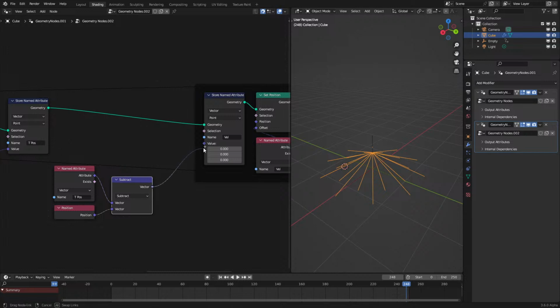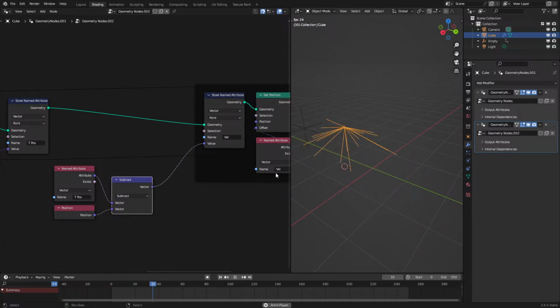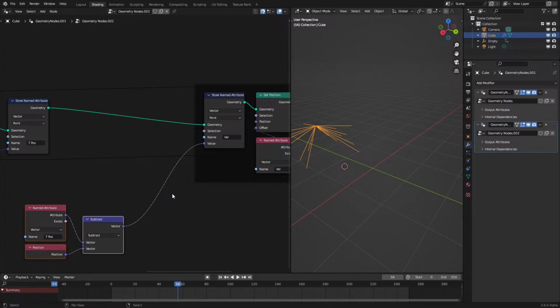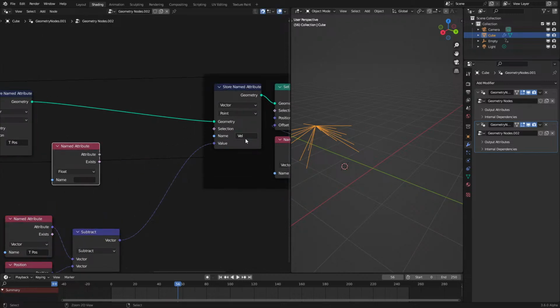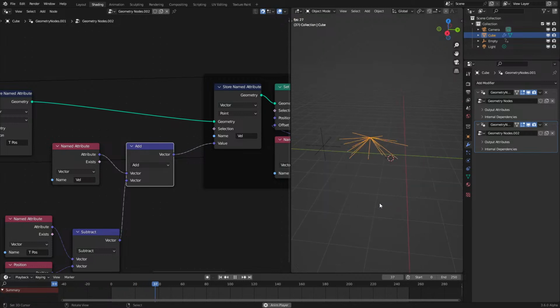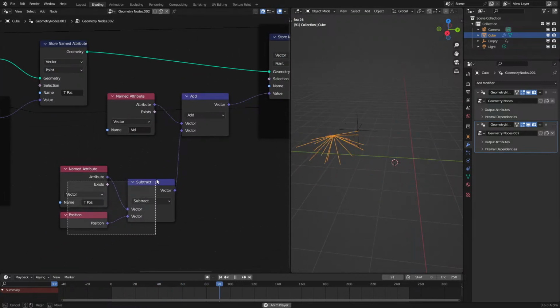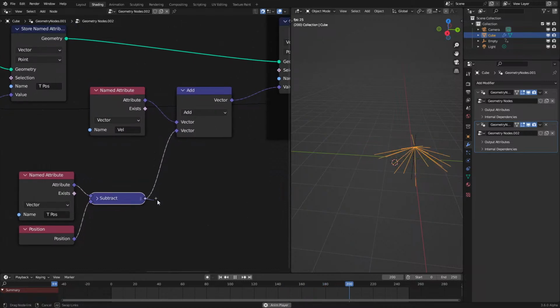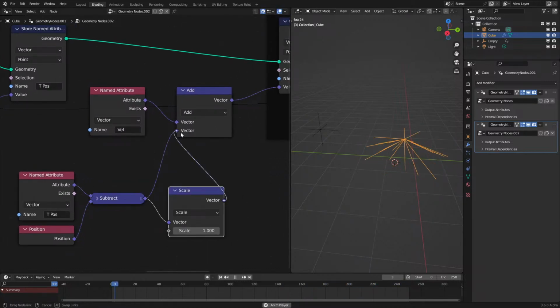Now, if I were to plug this into here, we would see that it works the same. That's because we're not using the stored velocity. Because with velocity, it stays the same unless there's another force acting on it. So we need to make it so that the previous velocity has this new force acting on it. So if we do that, we can see some wobbly stuff is happening. Is it what we want? No. But is it working? Yes. Okay, so let's scale this down by a bit, just so that it doesn't teleport over to the new